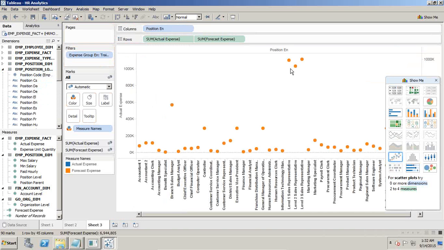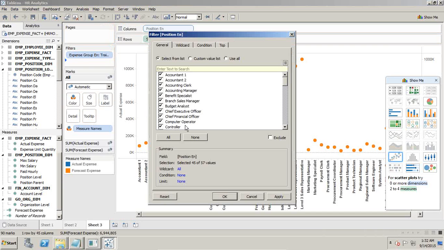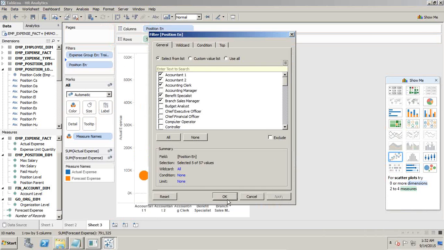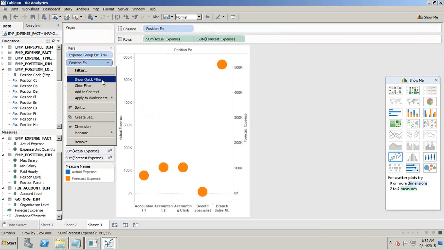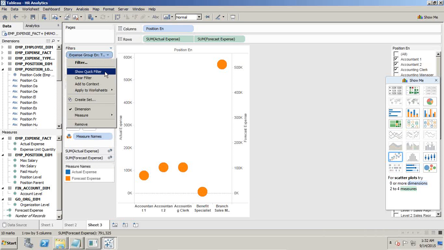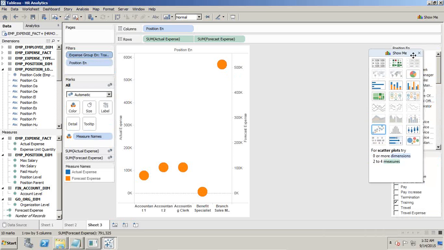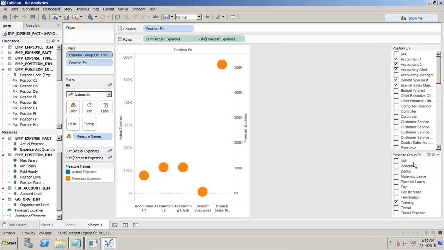Because there are multiple positions, I'd like to confine my focus to a few positions. You can drag and drop and select a couple of positions for the sake of testing. Also I'd like to apply the option of show quick filter, so let the user decide which position and which expense group they'd like to filter.